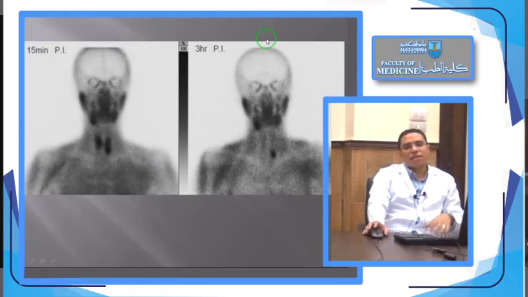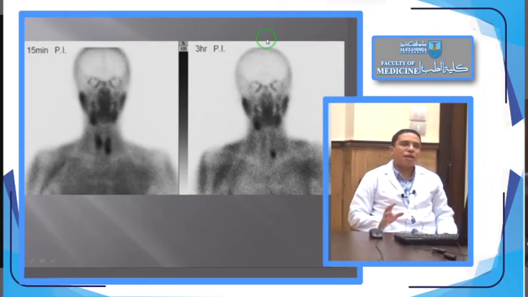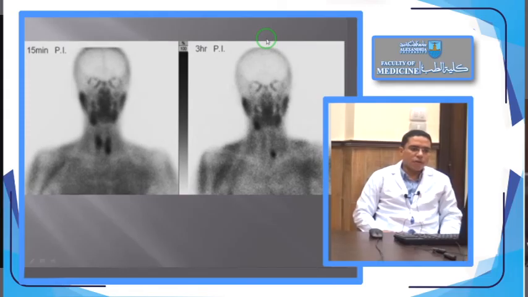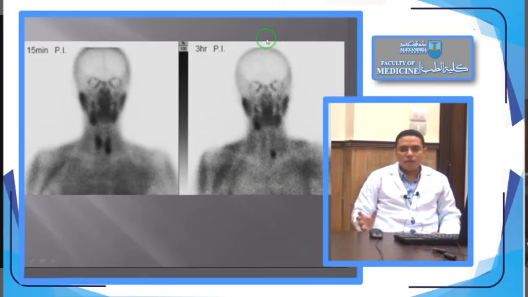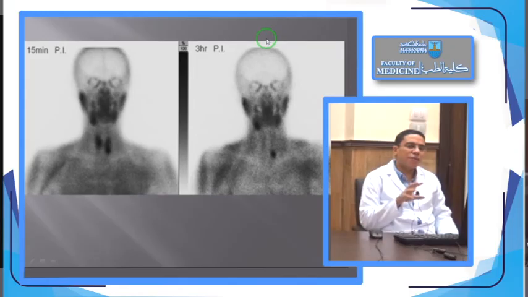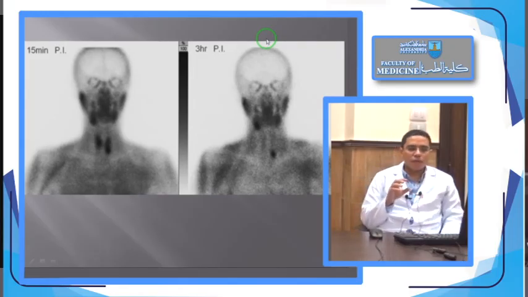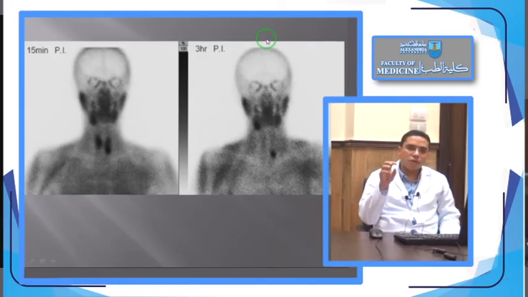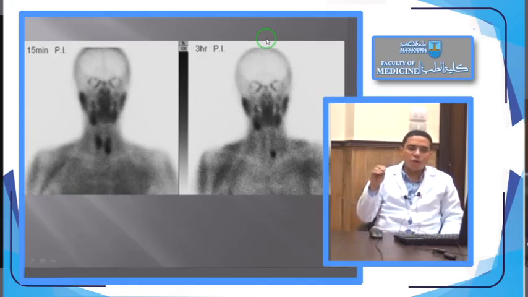Our last scan here is again a radioisotope scan, but this scan is called the Sestamibi scan. The Sestamibi scan is a localizing study for the abnormal parathyroid glands. We know that there is a pathology in the parathyroid glands called hyperparathyroidism, whether it is primary, secondary, or tertiary. This study is used mainly for the primary type, because this is the type we want a localization. We want to know where the abnormal or pathological parathyroid is.